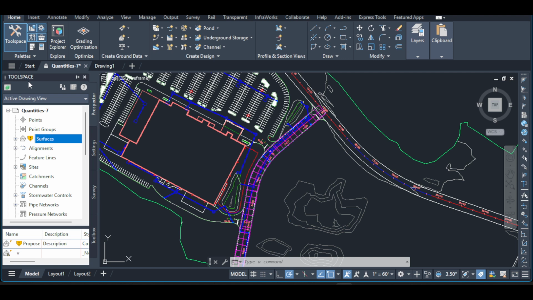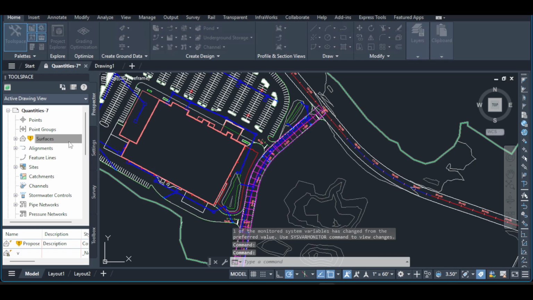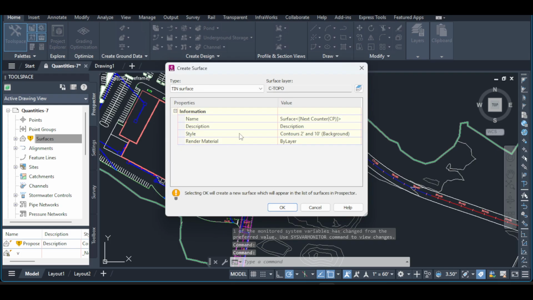Now, let's create the surface. In Prospector, find Surfaces, right-click Surfaces, and choose Create Surface. In the dialog, set the surface type to TIN. A TIN, or triangulated irregular network, represents your terrain as a network of non-overlapping triangles, ideal for most civil design